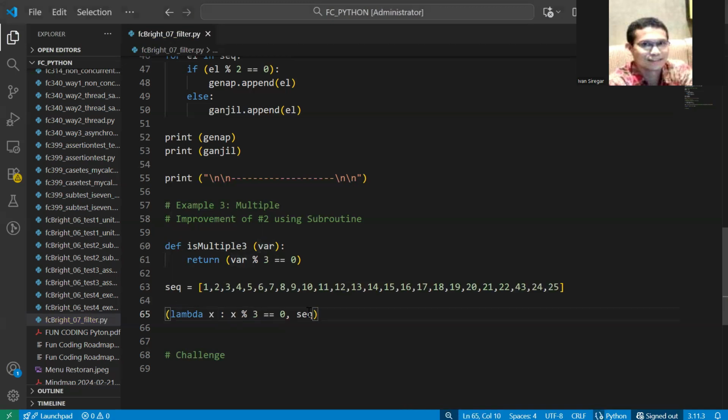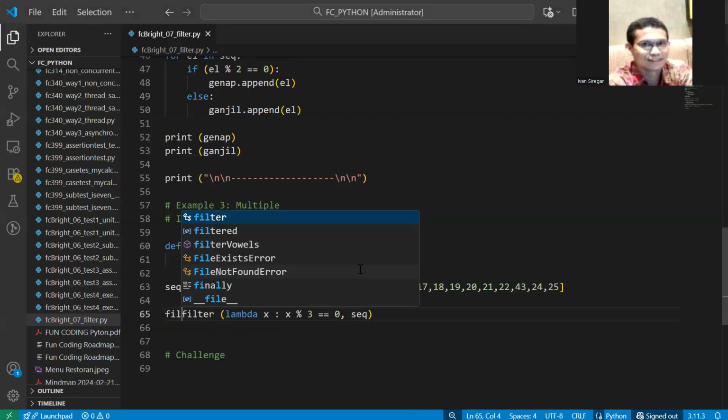So it will be similar to the previous one, with the x here, and the result should be filtered.